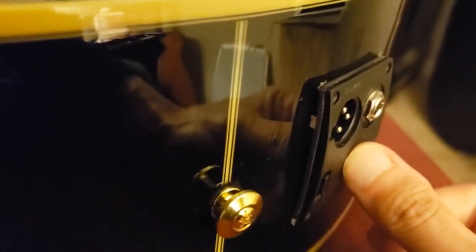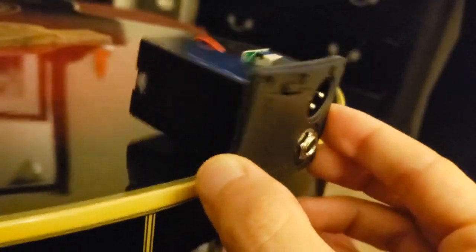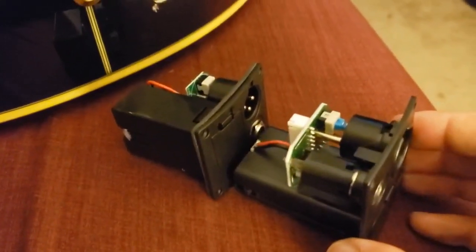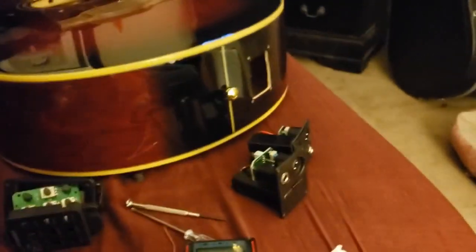It's got the curvature on the wrong plane. The curvature would probably be all right like this, but I don't want to cut another hole in the guitar. You see the plane, or the curvature here, is 90 degrees off. Okay, so moving on